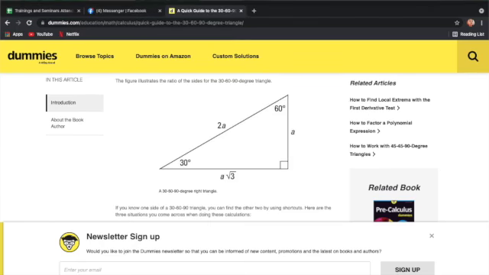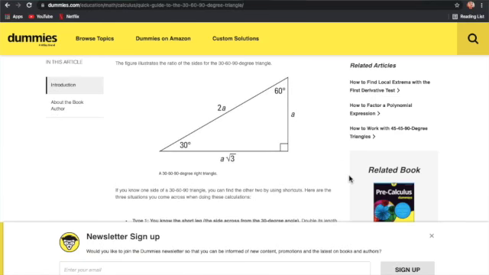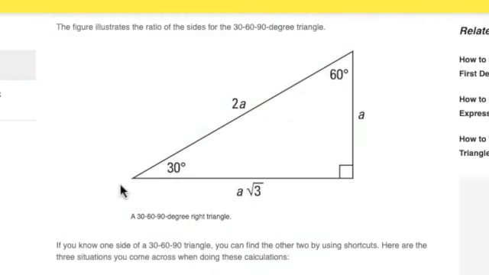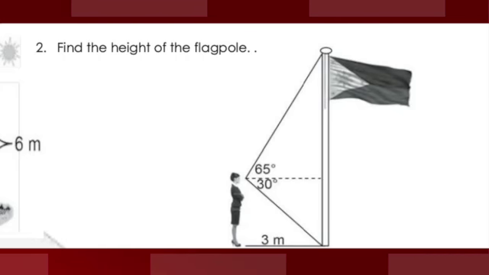So, what does it mean? If the triangle is a 30, 60, 90 triangle, we can easily identify the sides by this. Actually, yung kanyang hypotenuse is 2a, which means yung value lang ng shorter leg is just half, or times 1/2, of the hypotenuse. Tapos yung value ng longer side is just multiply it by square root of 3. So, ganun siya kasimple. So, ibig sabihin, in this example, sa number 2,